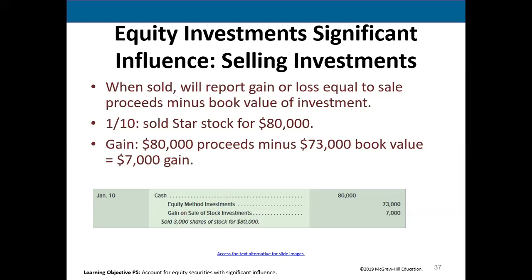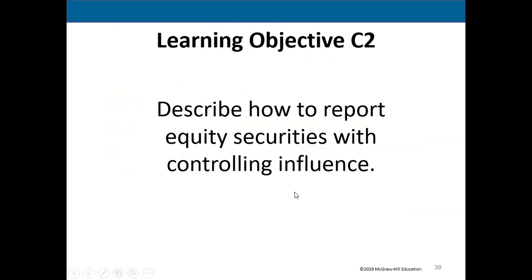Since they sold it, $80,000, for more than the balance in the equity method investment, they will report a gain on the sale of stock investment, just like they would any other time they sell the stock or debt, and they actually receive cash on that sale. Now, does that normally happen? No, because if the company has that much of a percentage of the ownership of another company, they're usually holding it long term, which, by the way, most of these investments in this category would be in the long-term investment area.